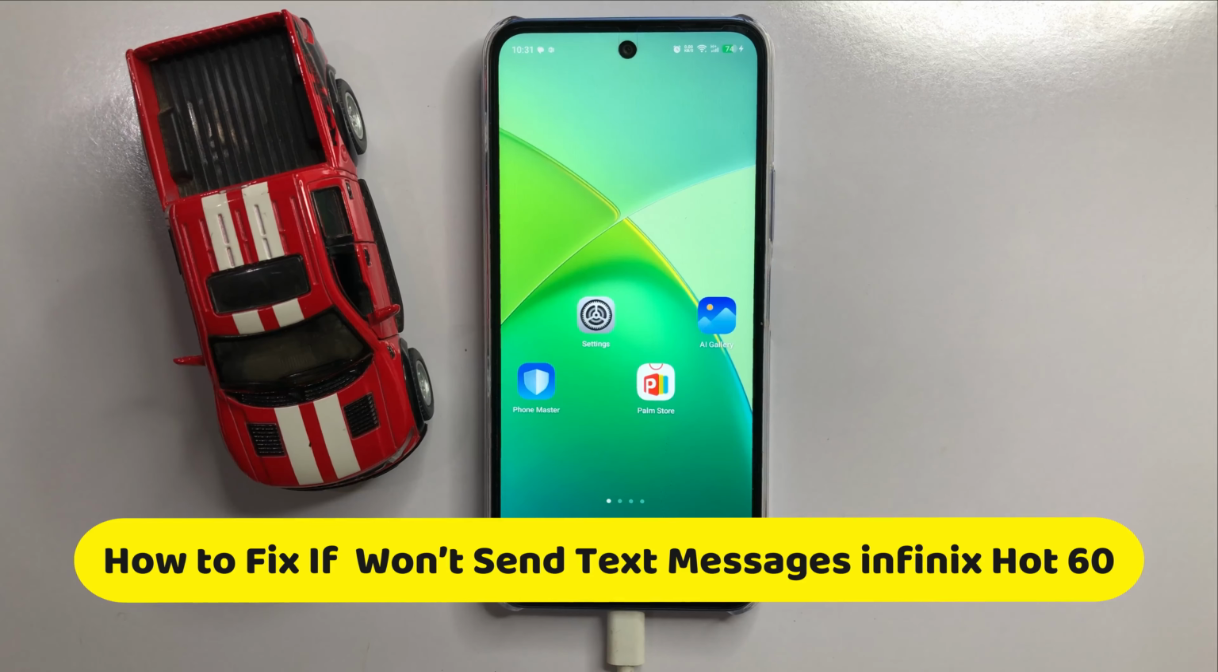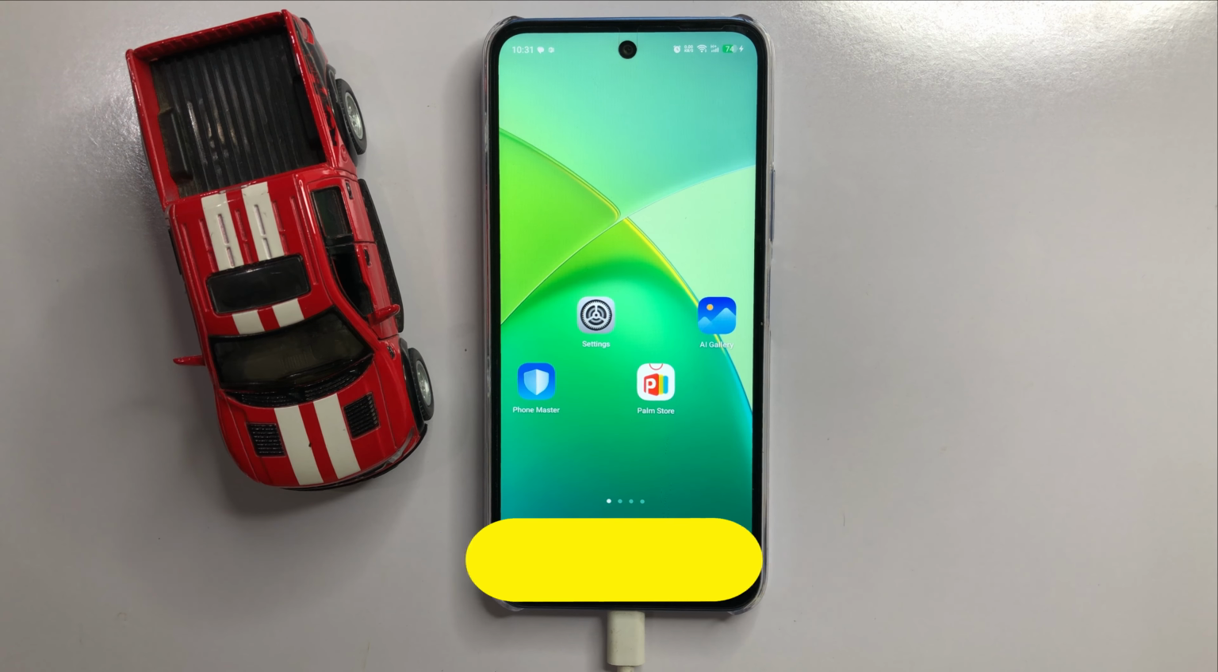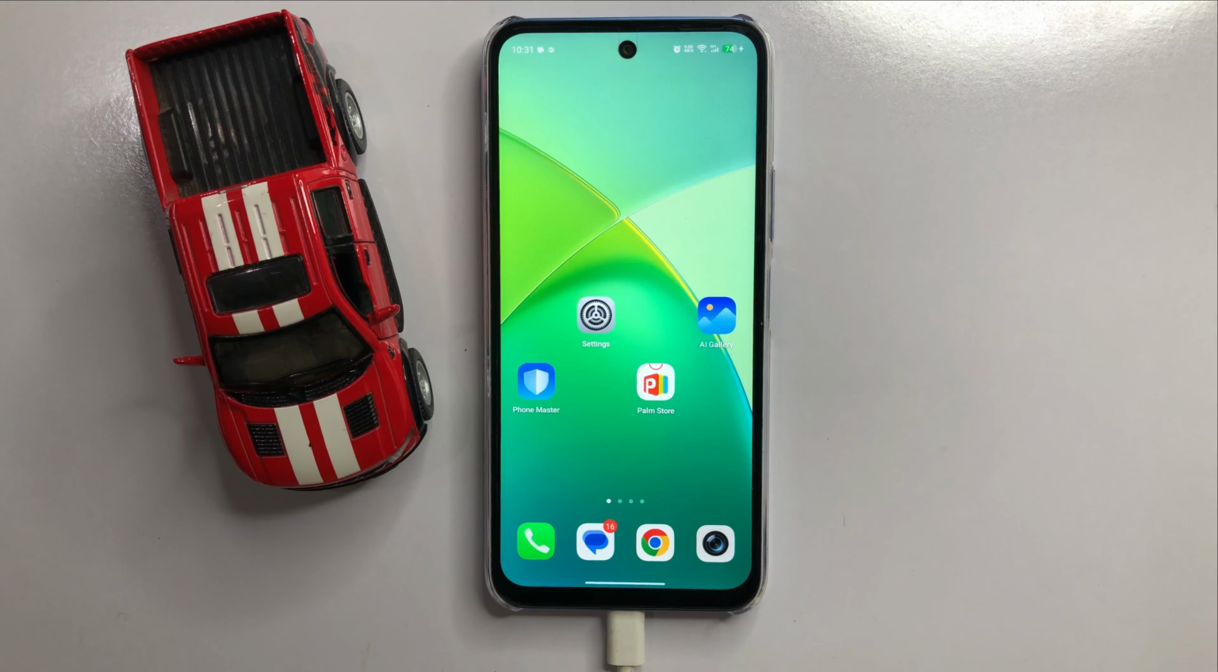Hello guys, get ready because in this video I'm going to show you how to fix Infinix Hot 60 won't